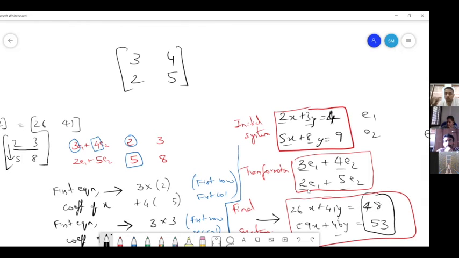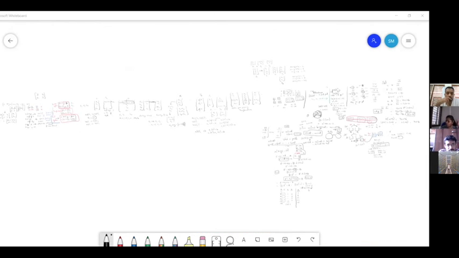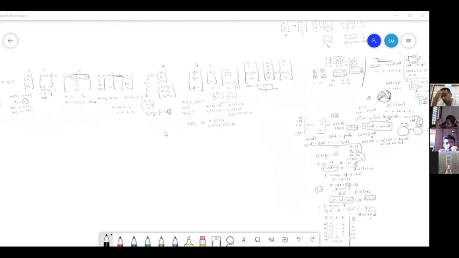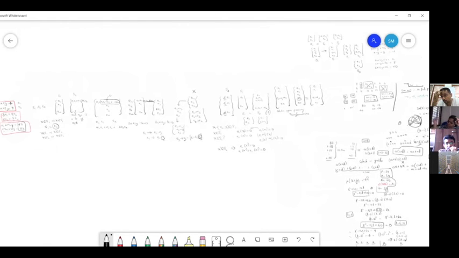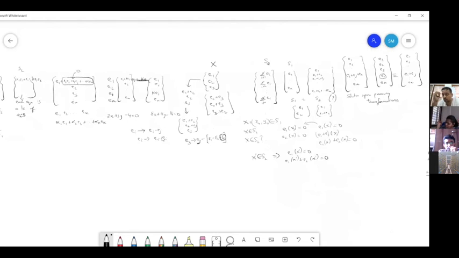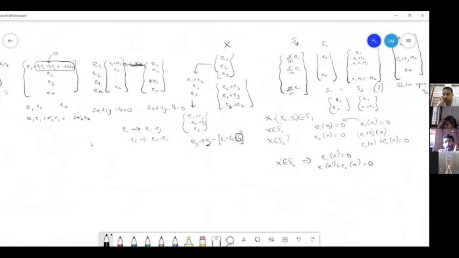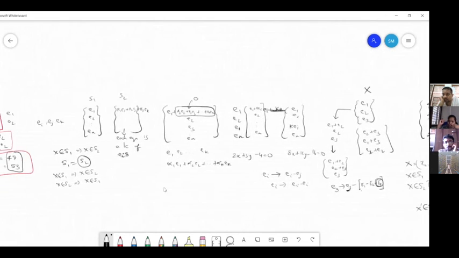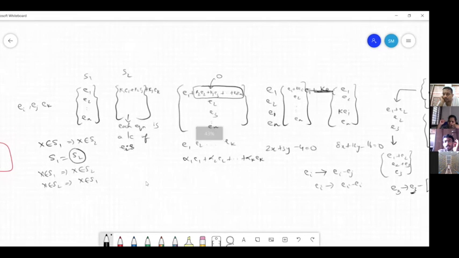Inverse. So looking at this, are you getting any questions, or what are your thoughts? What should be the further line of investigation? Yeah, so we need to characterize what kind of matrix will enable us to do the reverse also. So you're saying it is purely the property of the matrix, not the property of the initial system.